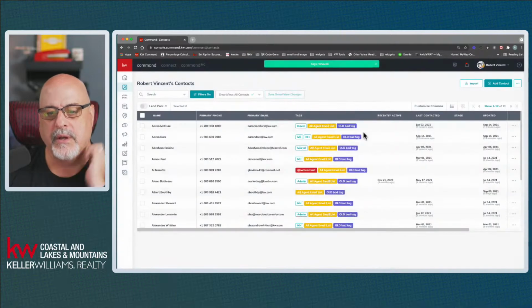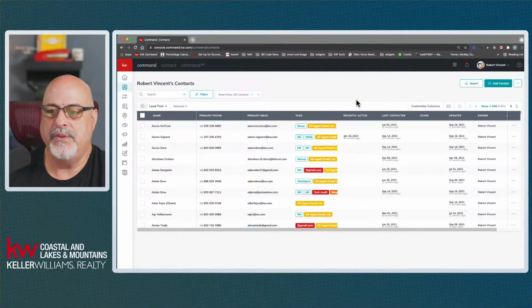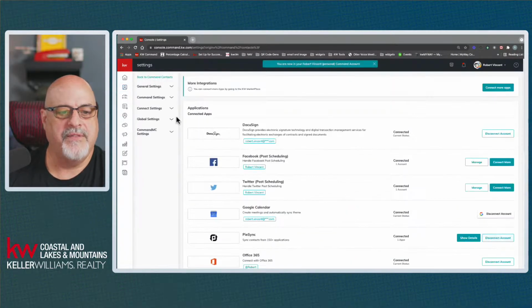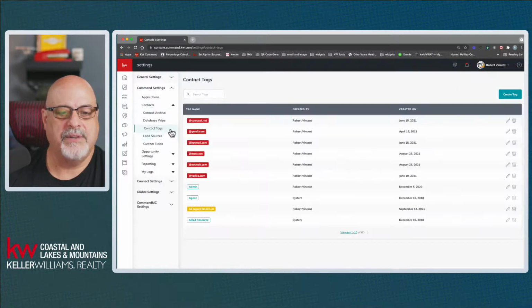Remove those. It's going to take those out. We'll do another refresh here. It may take a second or two for it to go through all 25 and remove the tags. Boom, gone. Now I can go back over to my settings area, and if necessary, in Command, contacts, tags, and